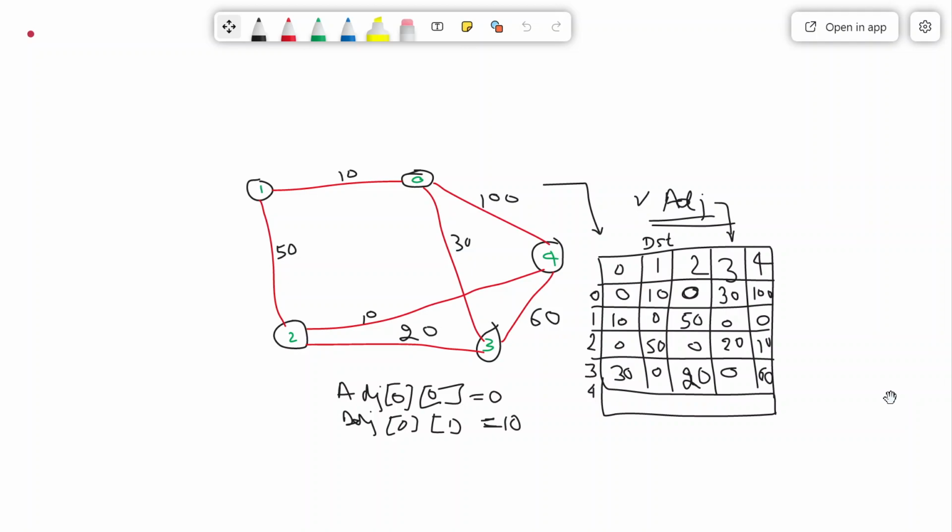Now coming to 4. How to reach from 4 to this?